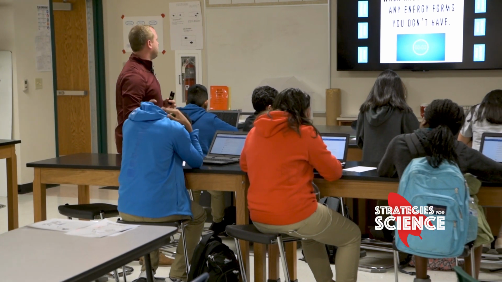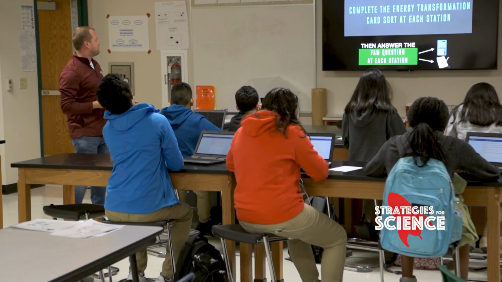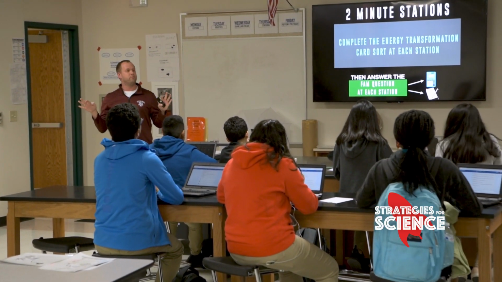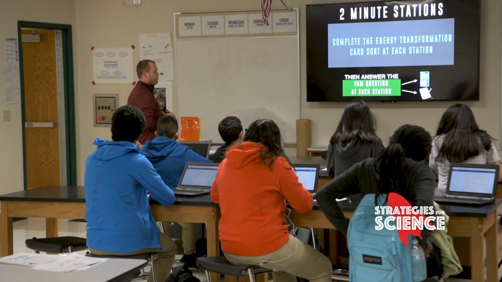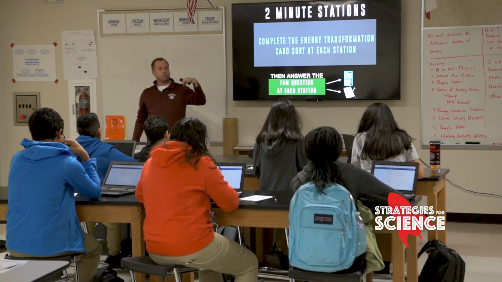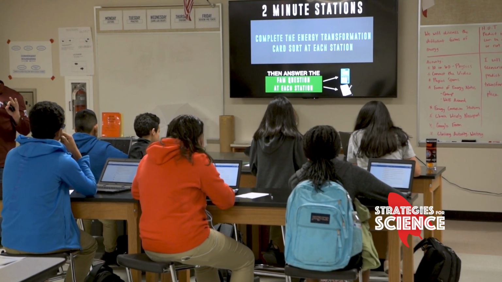All right, so here's what we're going to do next. Good. You have all the energy types now. So now you're going to do a little bit of practice with those. So pay attention for about 30 seconds, and then you're going to be able to move freely, and it's going to go smooth and beautifully, okay? At each station, you're going to be with your group that you played spoons with, okay? So you need to get back with that group, and you need to pick a station.